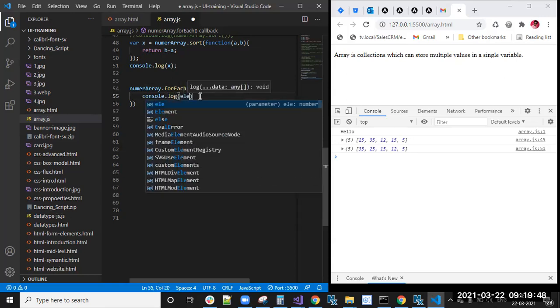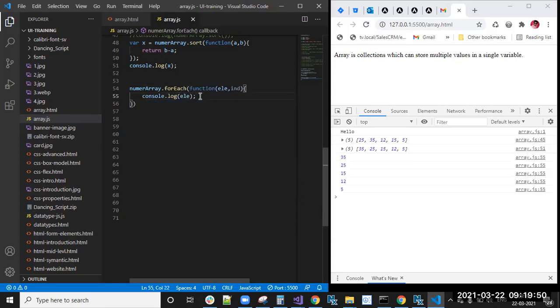Console.log of ele. Now you can see here 35, 25, 12, 5. We got each and every element.